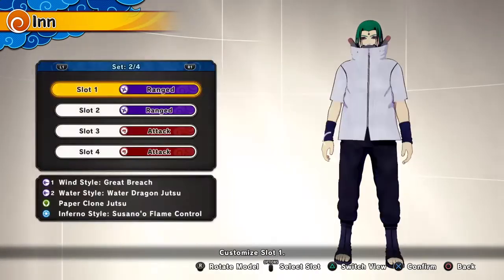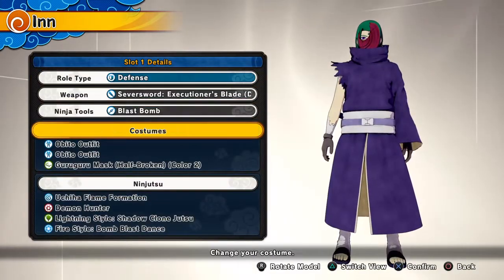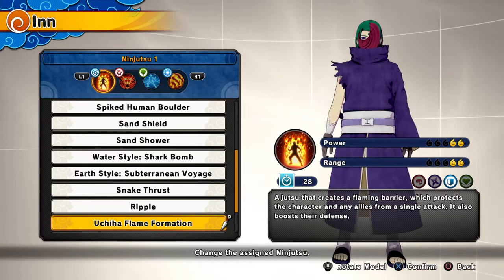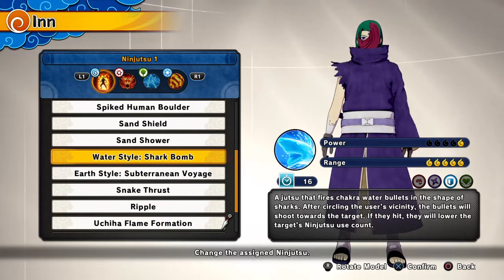Now let's go to the defense characters. If we go into further details on my specifically amazing role of ninjutsus. Alright, so number 1 ninjutsu is called Water Style Shark Bomb. It's the same as the Water Style Dragon Jutsu, but this is for the defense character, and it also has the